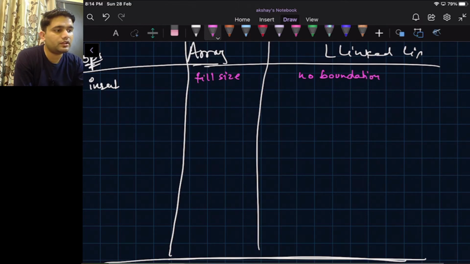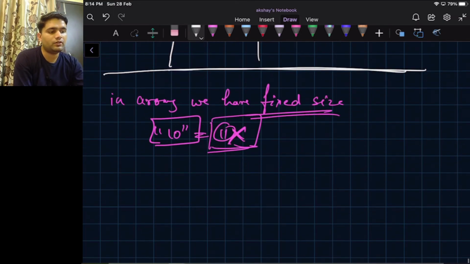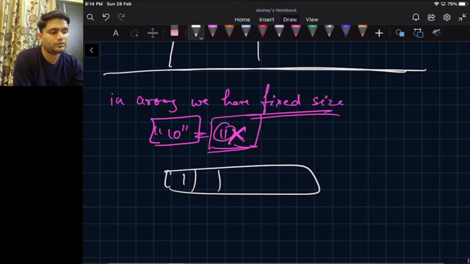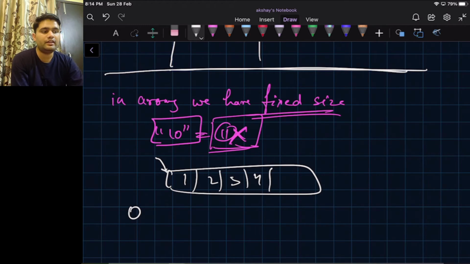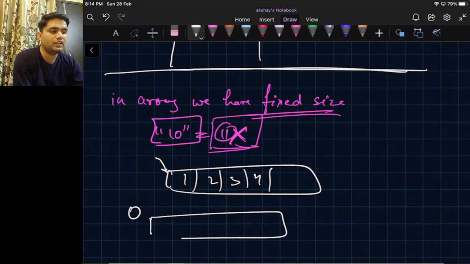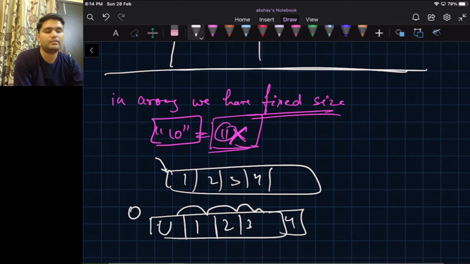Now if we try to insert at the head, at the start, suppose we already have some data here, 1 2 3 4, and the array still has room for one more, and we want to insert 0 at the beginning of the array. To do that, we need to shift all these 1 2 3 4 one index further, and then we can place 0 here.